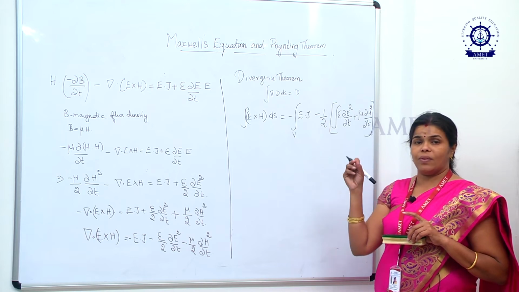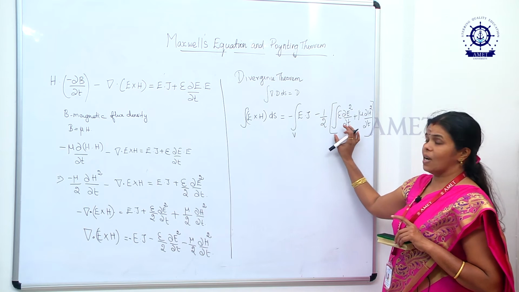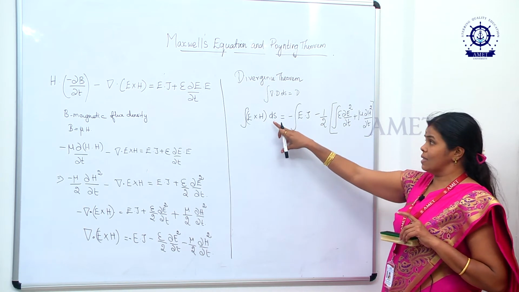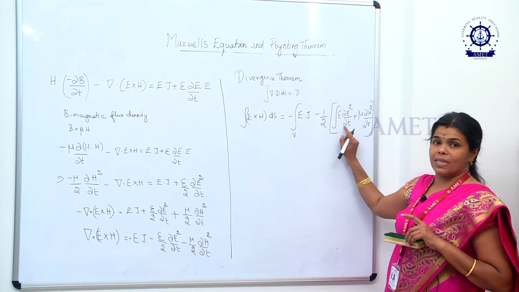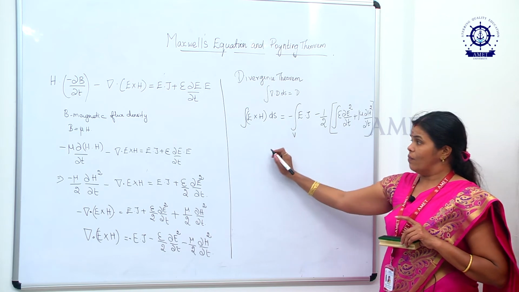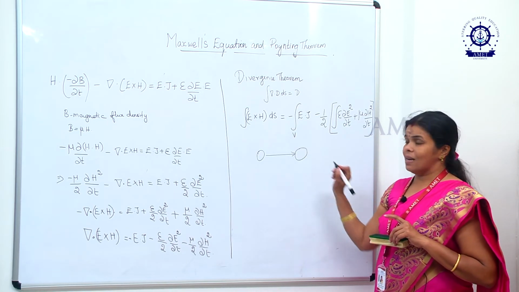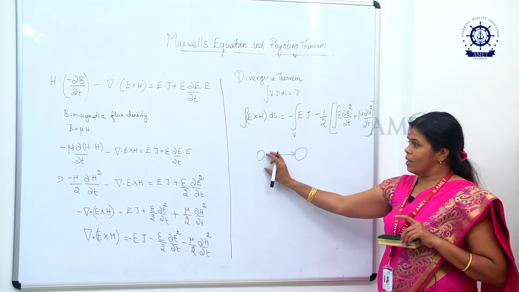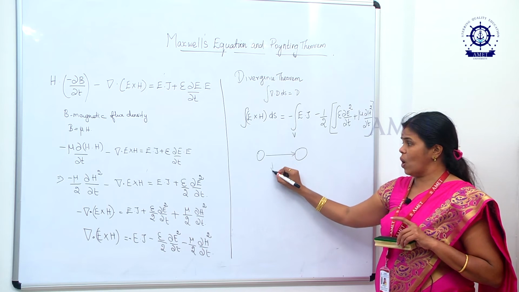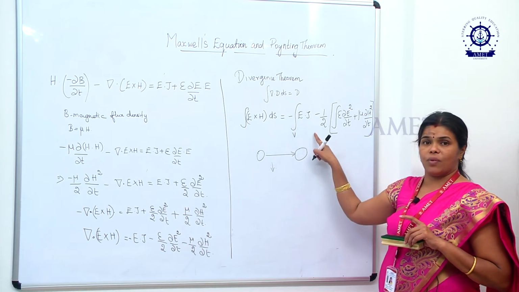In the wave we are having both the electric field as well as the magnetic field. So in the expression also, since we are deriving it for the wave, the Poynting theorem is having both the electric field as well as the magnetic field, that is the energy stored in the magnetic field. Whenever a wave is traveling, it should reach the destination. Not all the power reaches the destination, some amount of losses will be there. That can be explained with the help of the Poynting theorem.